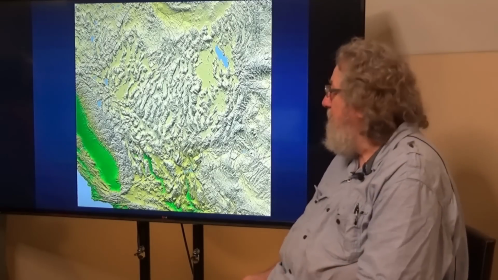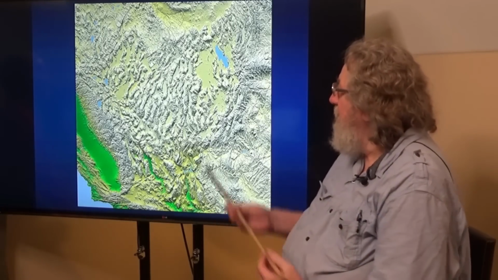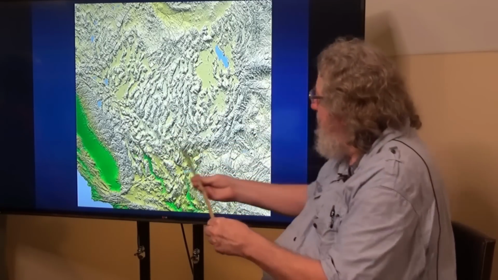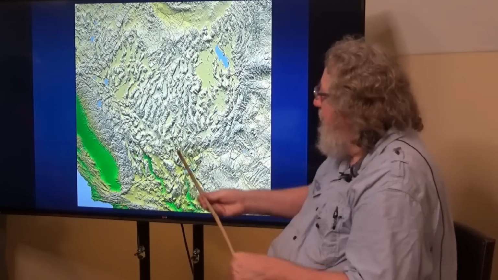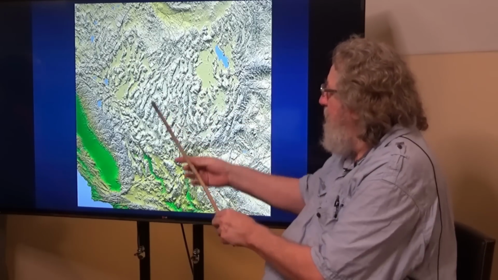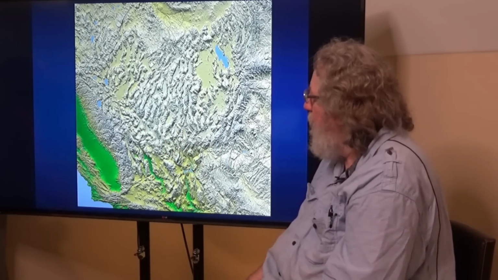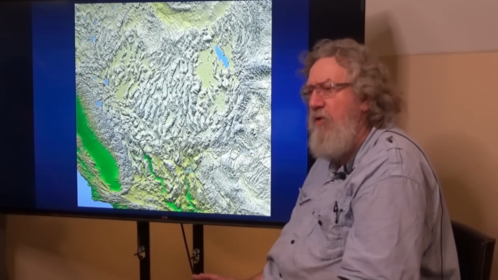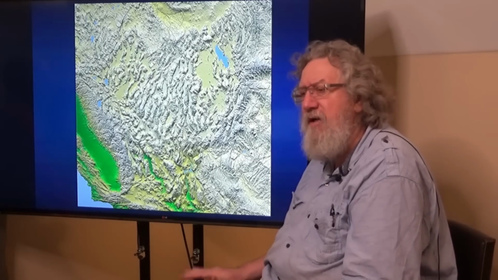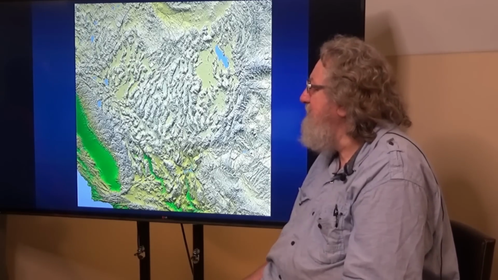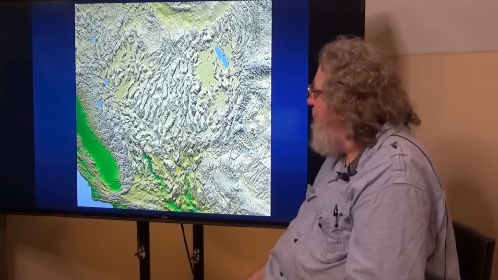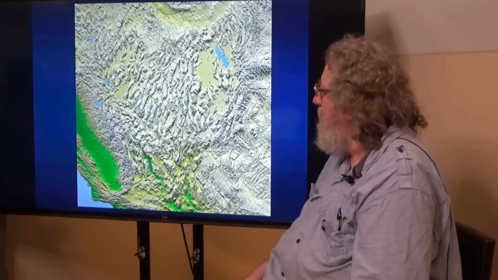Here is the Basin and Range Province. You can see it's almost like a circular feature. What you have is many mountain ranges separated by these basins, and all of these basins have flat floors. It was these flat floors that are remnants of the 120 lakes that occupied this great basin during the